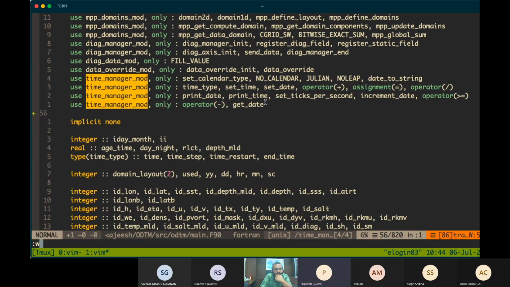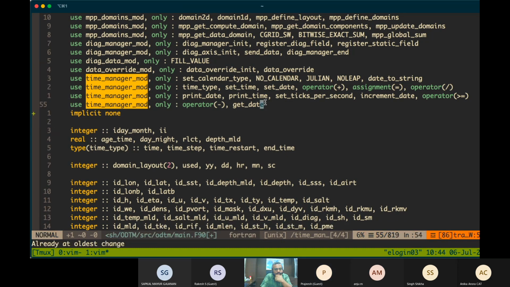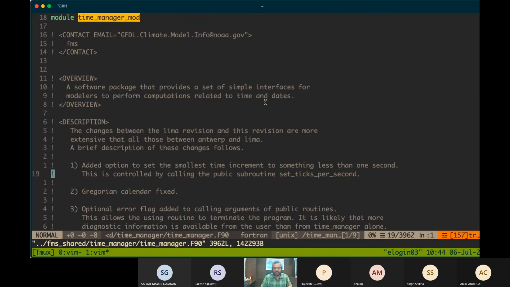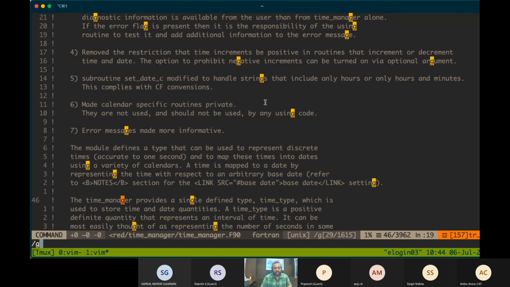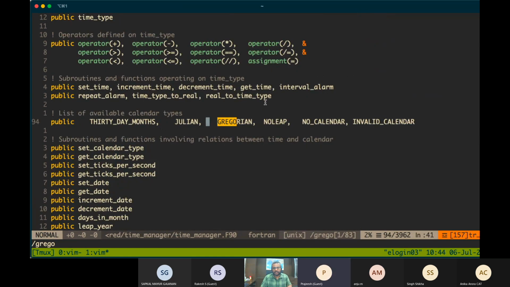Maybe I can show you what the available calendar types are. So these are the list of available calendar types.